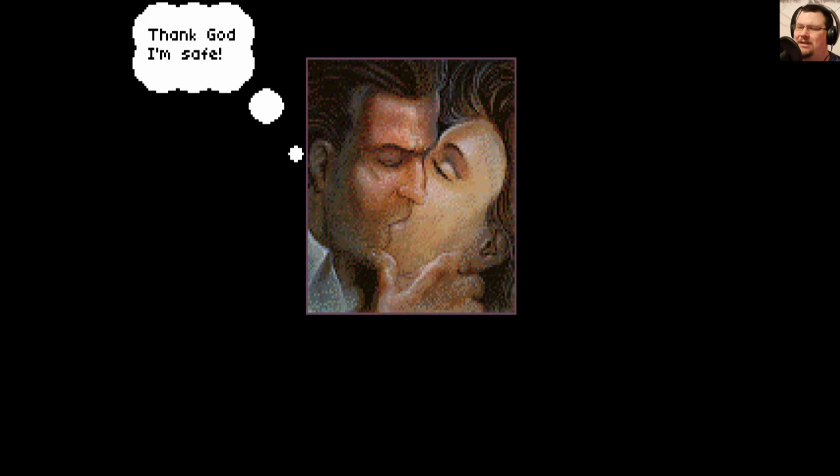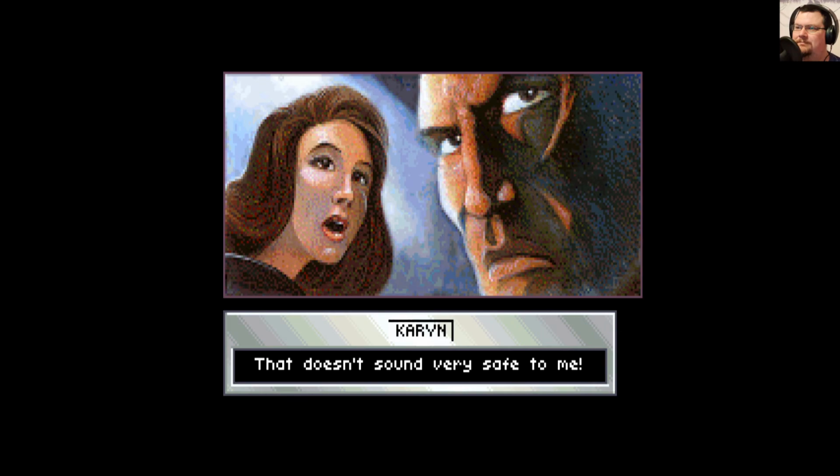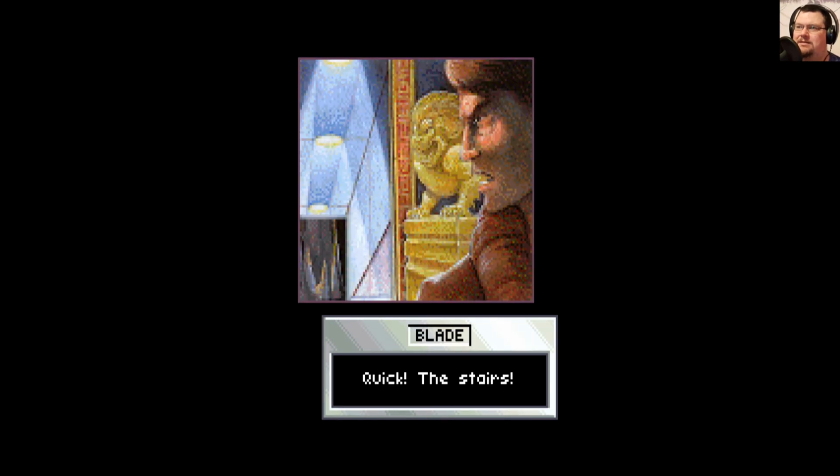Thank God you're safe. Sorry. Thank God I'm safe. Kissy, kissy. Check the prisoner. That doesn't sound very safe to me. Let's get out of here. Quick, the stairs! I mean...